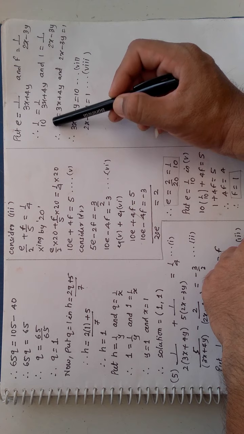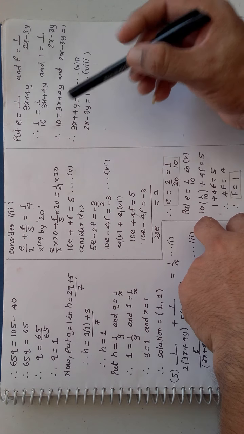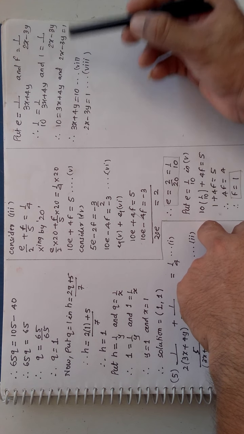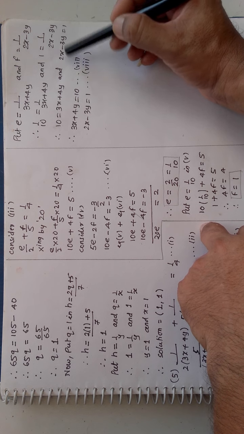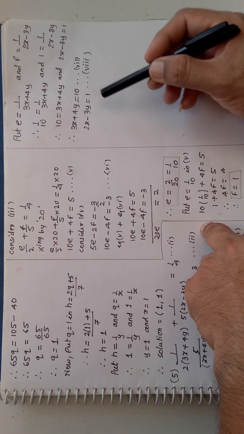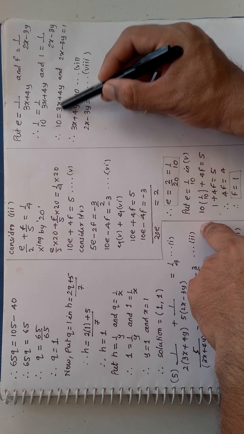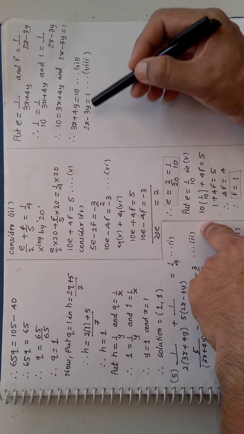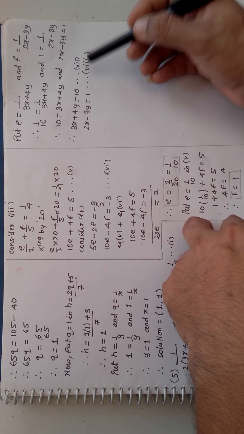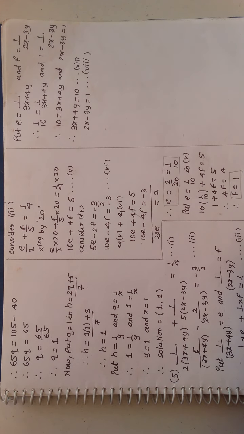Now both are equal ratios, so I carried out invertendo to get 10 is equal to 3x plus 4y and invertendo over here that 1 is equal to 2x minus 3y. So finally I gave it the shape of the equation, that is 3x plus 4y is equal to 10, equation number 7, and 2x minus 3y is equal to 1, that is equation number 8. Now it has broken down to the regular questions that we do regularly. I hope you will be doing it further. Take it as an assignment or just try it.